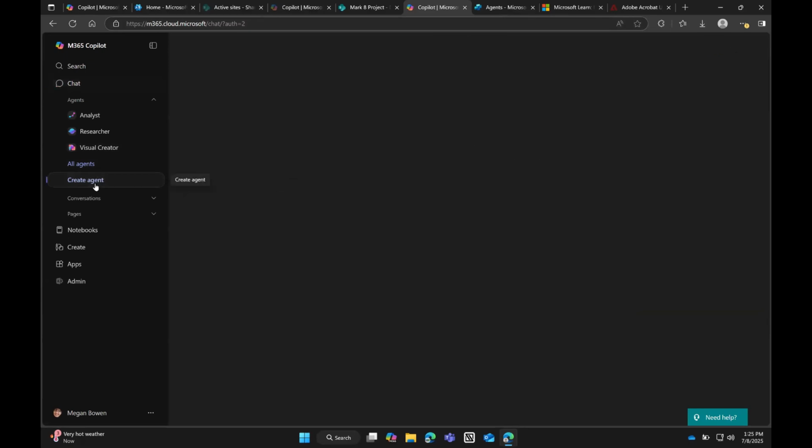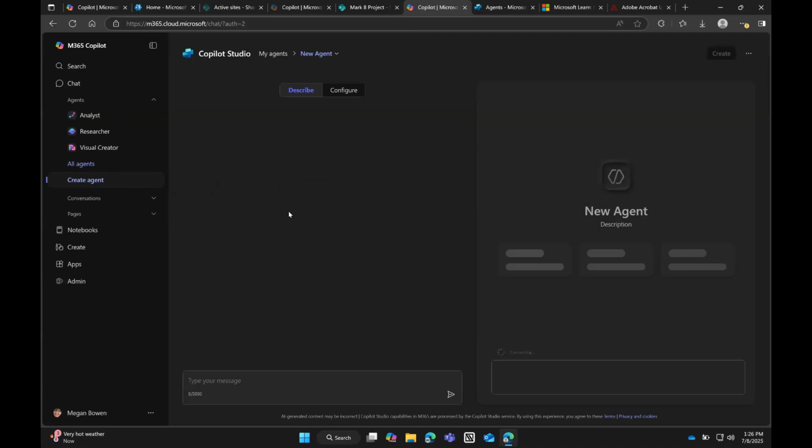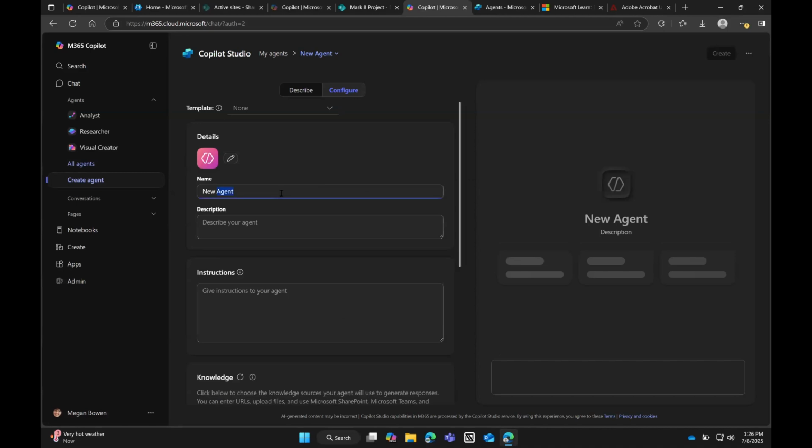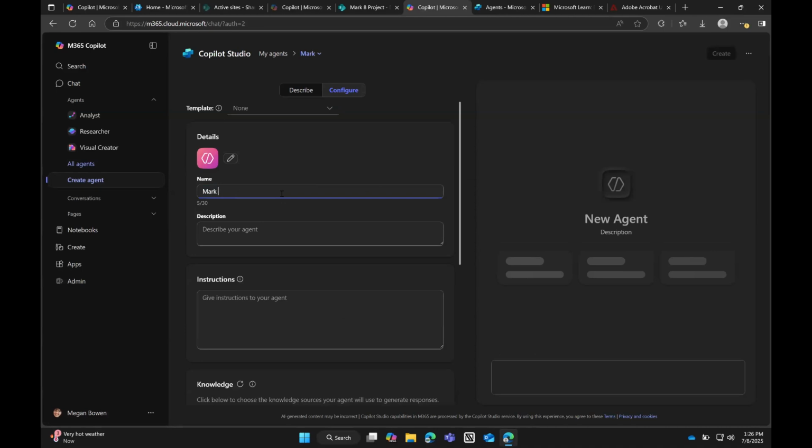So let's go ahead and create a quick agent here. I'm going to call this agent, maybe let's call it the Mark 8 project demo. Keep it along the same lines as the last agent that we created. How we're going to do that here is we could use one of their examples, but that's not too fun when you're doing a demo, right? So let's click on configure here. And rather than new agent, we are going to tell it you are the Mark 8 demo agent.